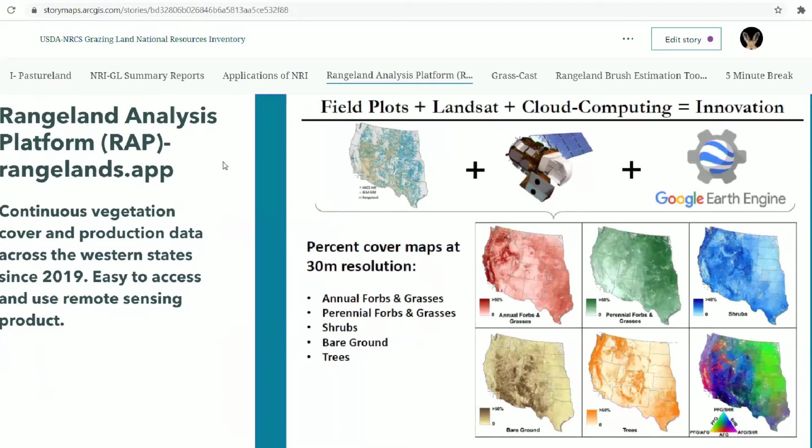That, with the increased computing power that we have nowadays, like the Google Earth Engine, it's just become available in recent years, put together with long-term data sets with thousands of on-the-ground vegetation measurements that came from the NRI and